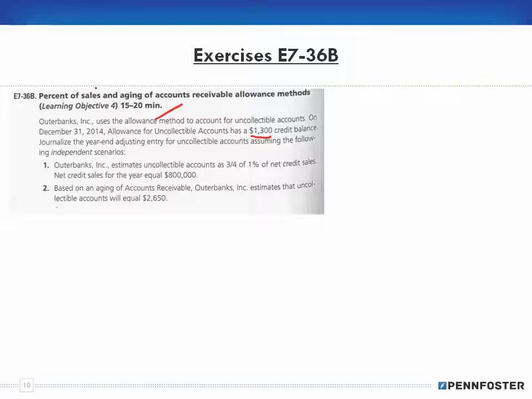This problem tells you in the instructions, if you actually look at this, you can get a hint that this is a percent of sales method, and then of course the aging method. So you have the percent of sales method and the aging method. You're using both. Now number 1 here, let's say you didn't see this information and you're taking a test and all they give you is just this information. They don't give you this stuff here, right? Well, if you understand the concepts, when you read the situation,